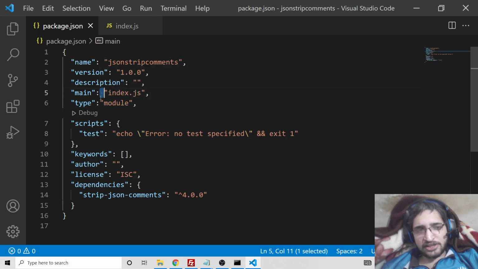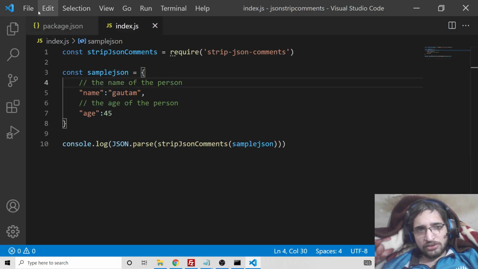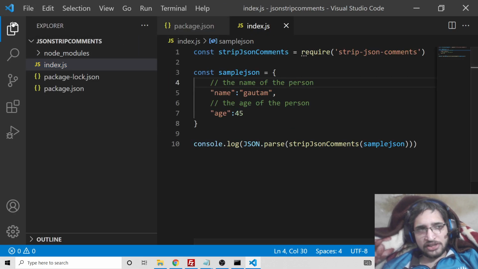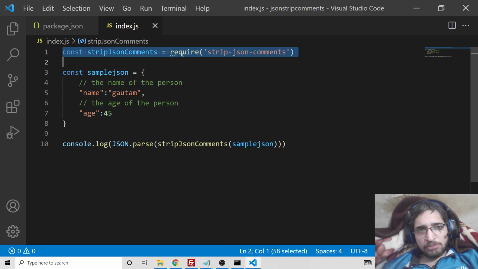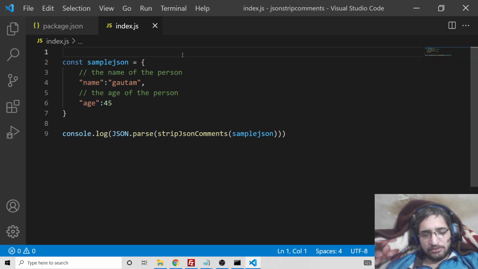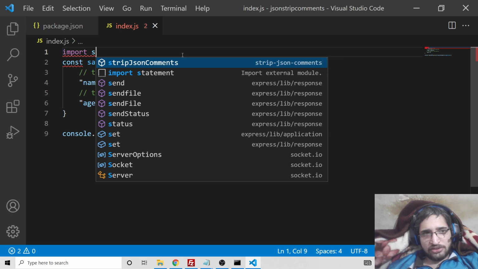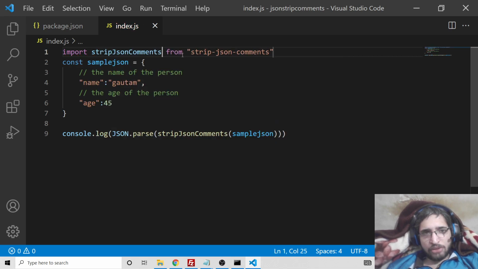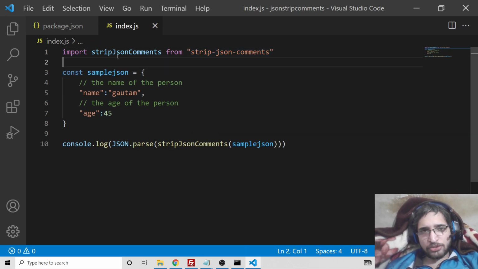Now we need to import this, so this line changes. We will now use the import statement: import stripJsonComments from the dependency strip-json-comments. So this require statement changes to an import statement.